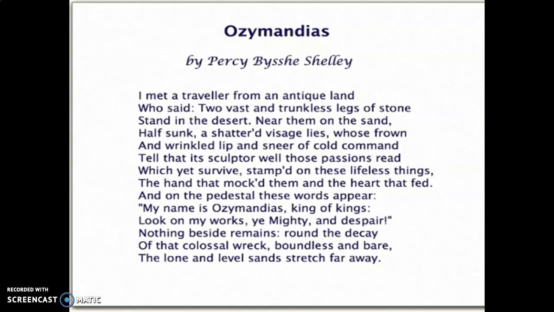Lifeless things are the rocks out of which he has carved the head, that mocked the hand, the hand of the sculptor. Mock means made fun of them. And the heart that fed, the heart of the statue, the possessor, the one whose statue was made. It was the heart that fed those emotions. And on the pedestal these words appear. On the pedestal, these words